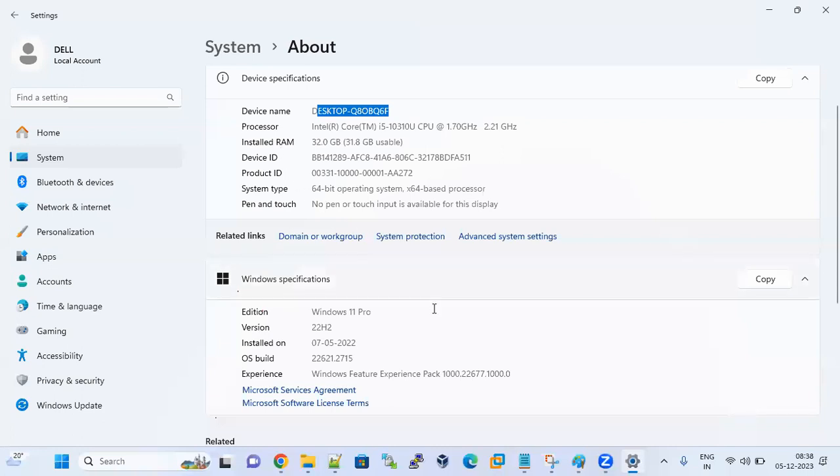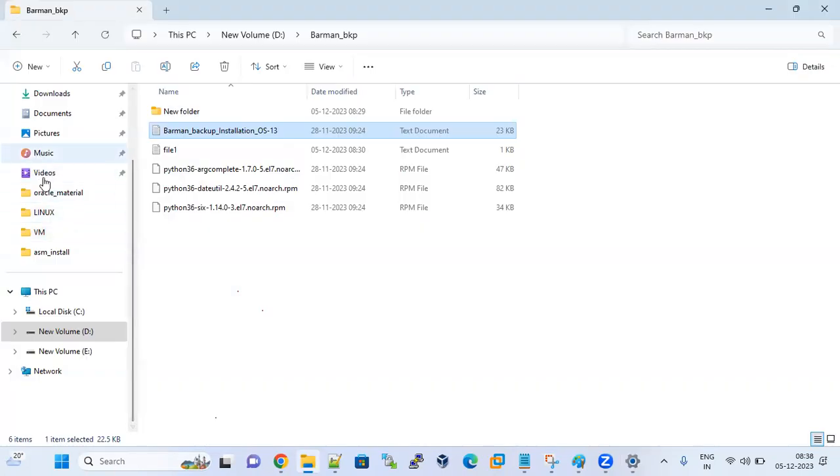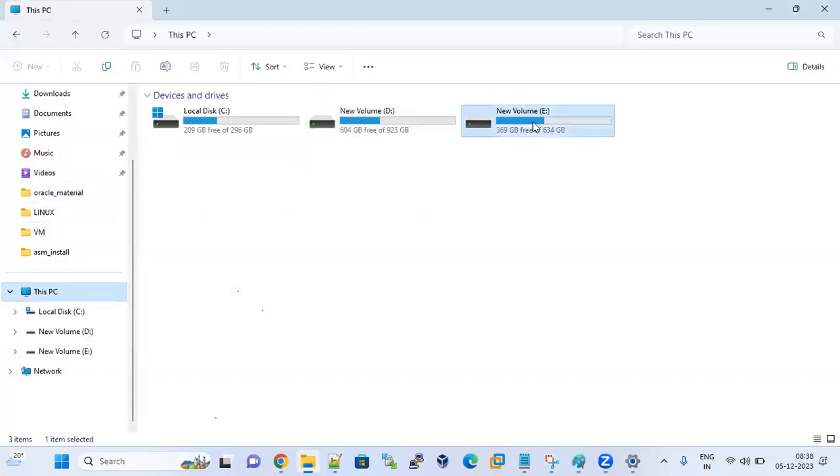Okay. Now I want to know how much hard disk there is. Go to the folder, go to This PC. You can see how much. Here 63, 4 GB total. Here 925 means almost 1 TB. My D drive is 1 TB. This is for 630. This is for 300. So total 600, 300, almost 1.9 terabytes.